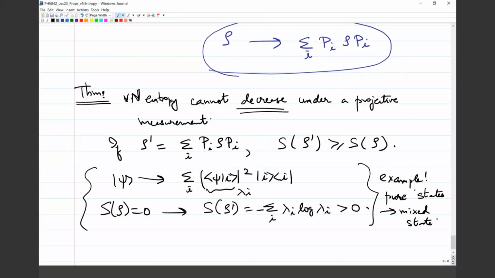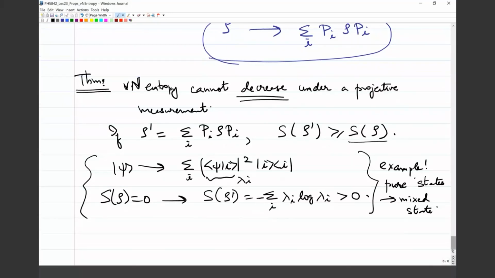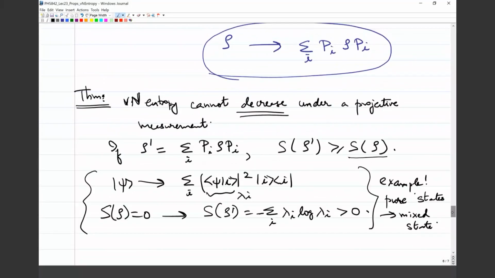Okay. So more generally, if I have an arbitrary density operator, one can show that under a projective measurement, I will always get a state which is more mixed than the initial state. I will get a state which is at least as mixed as the initial state, if not more. Of course, if I started out in an eigenstate of the observable itself, then this entire mixture will just collapse to one state, right? If my state psi was one of the kets |i>, or just |j>,